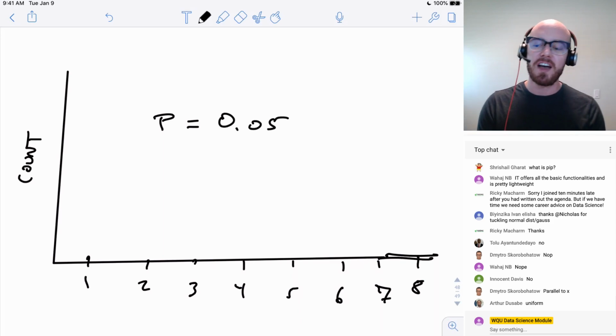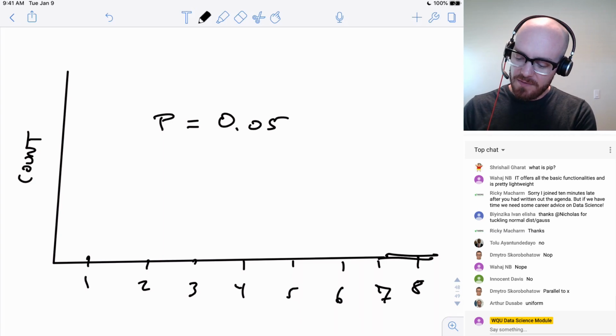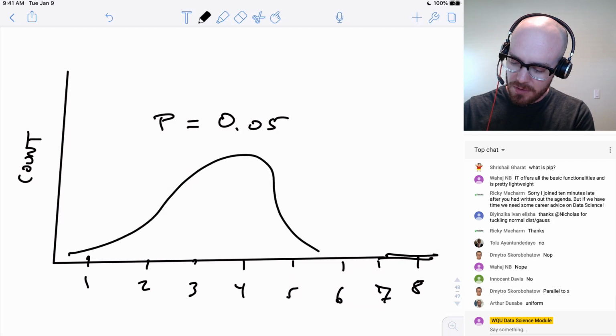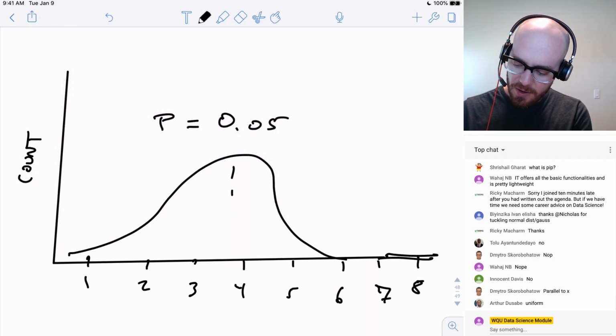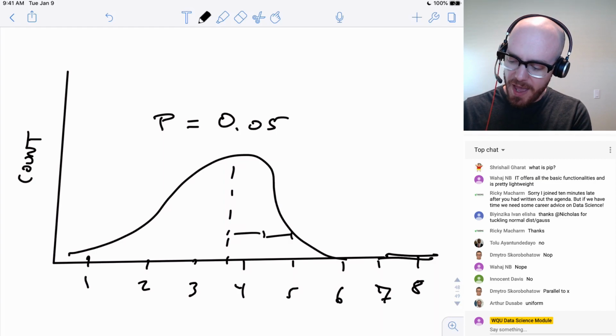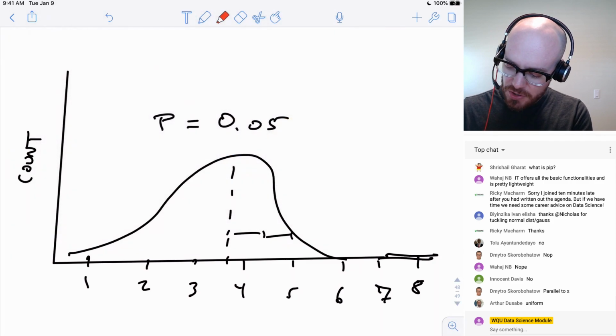So not 0.5, but 0.05, which means that if you have your normal distribution, I wish I could draw a better normal distribution, and you're thinking about 0.05, you're talking about 2 standard deviations away from the mean. So you're really talking about the tail end here.